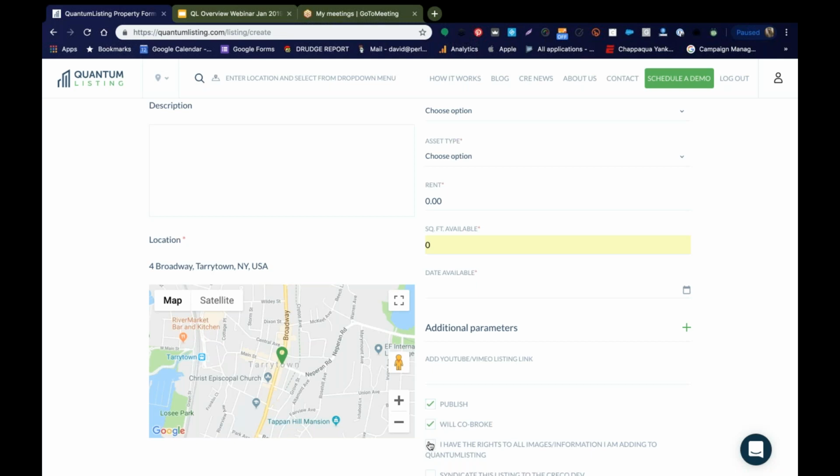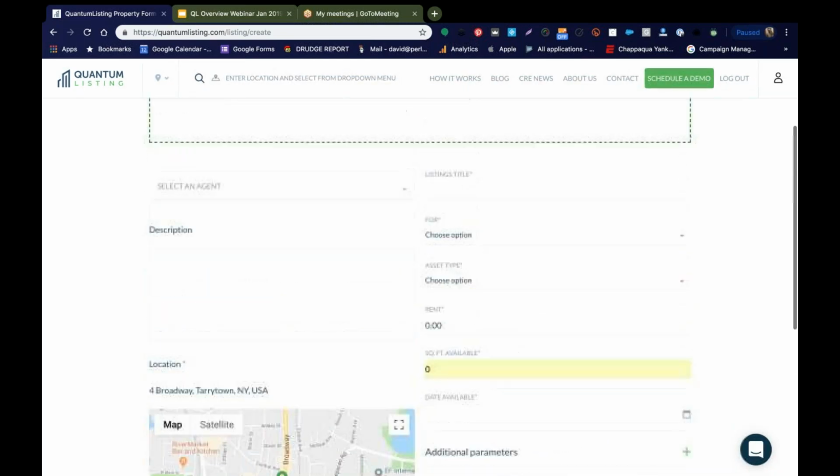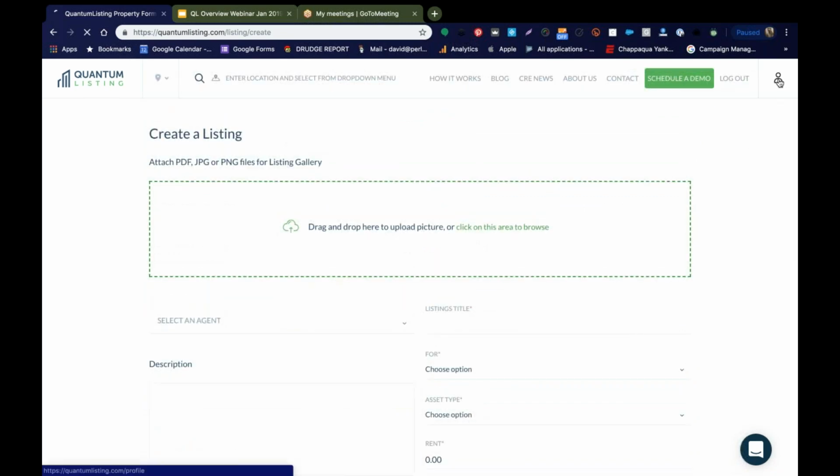And then make sure that you click this I have the rights to all images and information I'm adding box, otherwise your listing will not show up. This last one here is a feature that is in development, so it's only going to show up on my page. All right, so let's go back